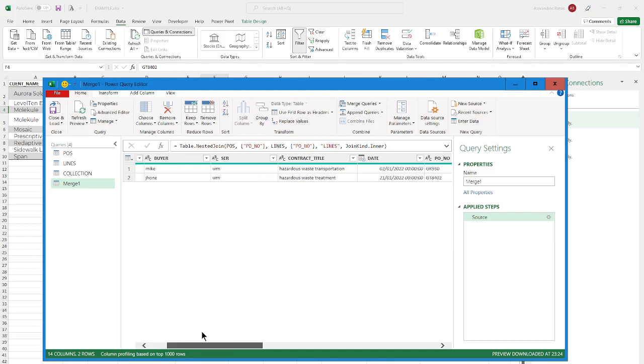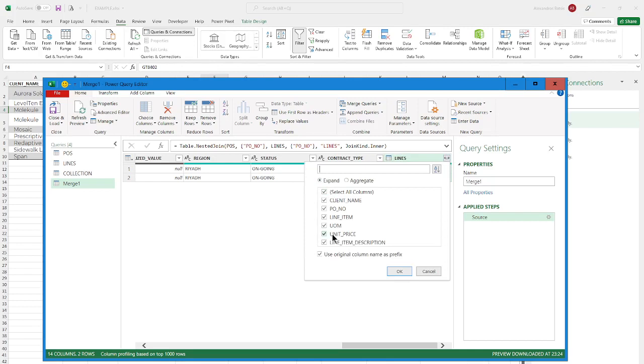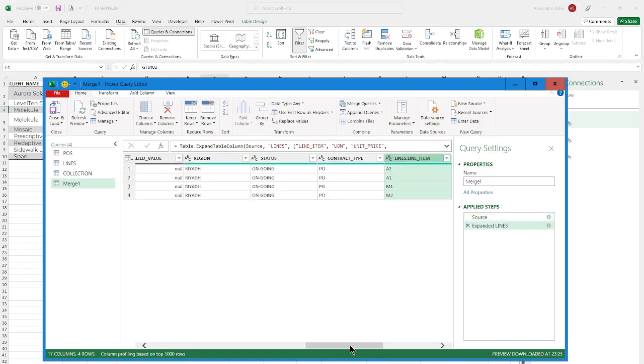This is only the two production orders that have lines, and we press here and we select the columns from lines. We don't want the client name because we have it in PO. We don't want the PO, even if it's important, because the PO is also in here and we have it. We need the line item, unit of measure, unit price, and line item description. We say OK. And as you see now, we have 4 lines,